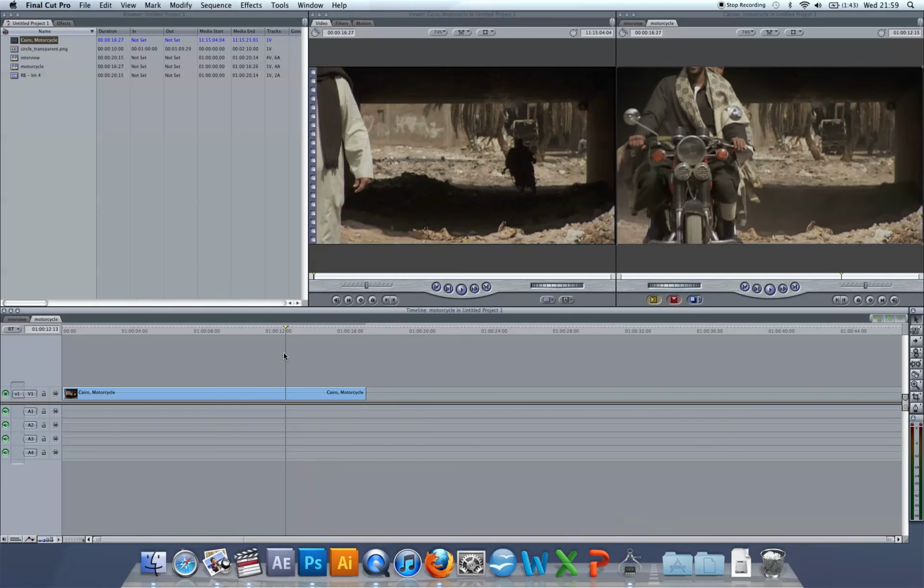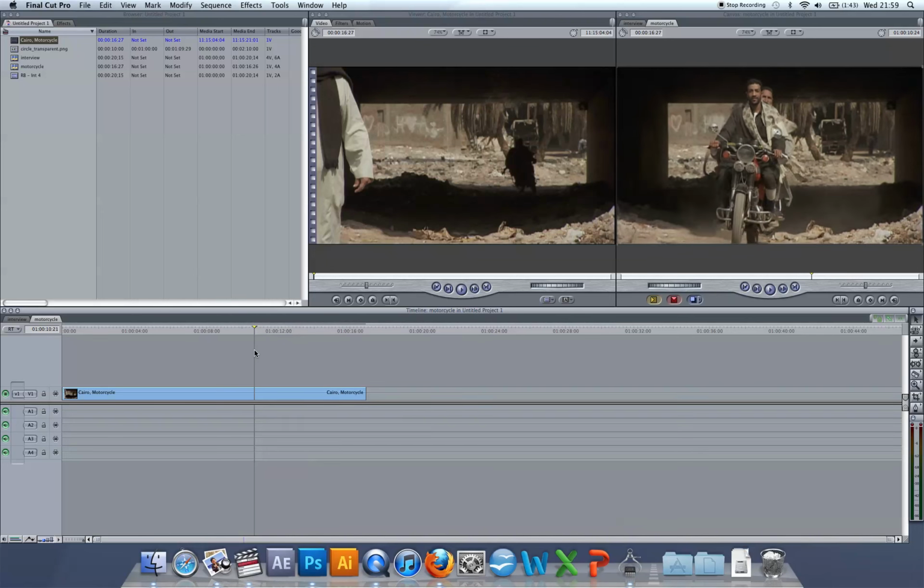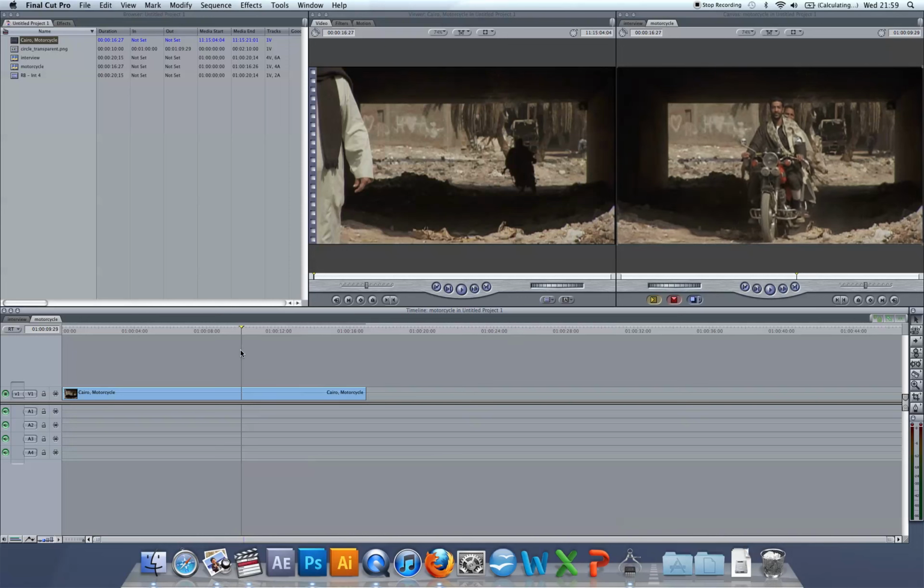And what I want to do is create a mask that's going to follow him and then use that mask to create a blur effect on his face. So I'm going to need to start the effect when his face becomes visible, so that'll be roughly here. So I'll put a marker on the timeline, and what I'm going to do now is